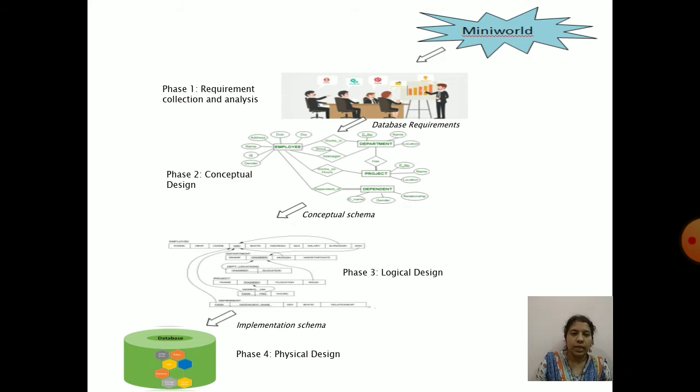Generally we use the entity relationship model to represent the requirements: what the different objects are, what features they have, and how they are related.